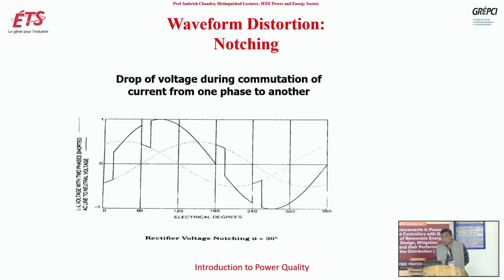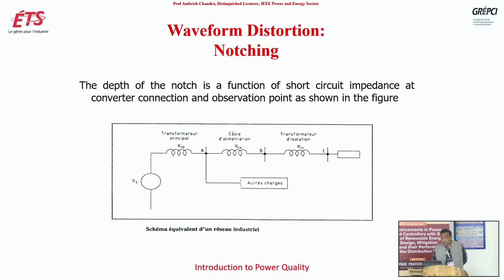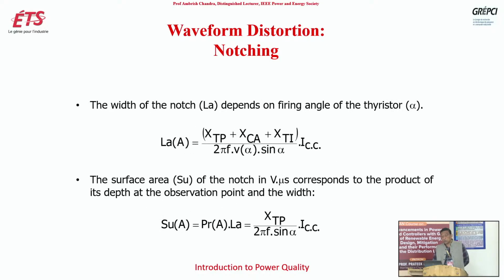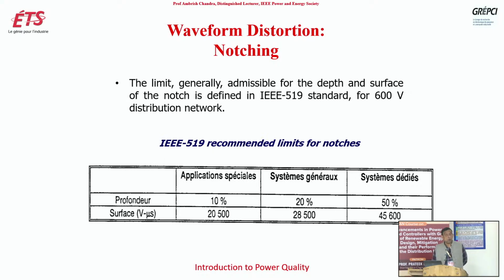So all these things we have discussed. So you see voltage notching, and then we observe at point A here, and then we calculate the depth and the width of the notch, and then we can calculate the surface. And there are certain norms, how much